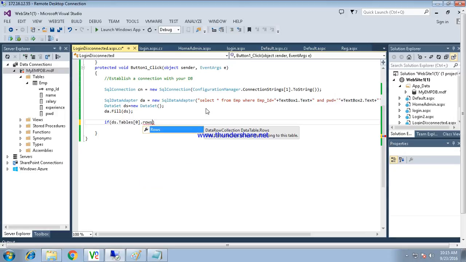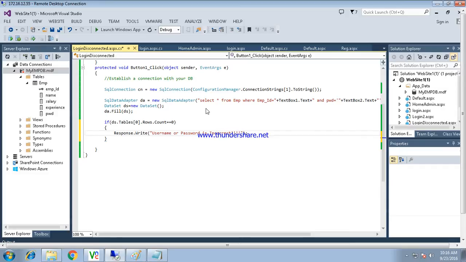So if ds.Tables[0].Rows.Count is equal to 0, it means I have to write an appropriate message: Response.Write username or password is incorrect.